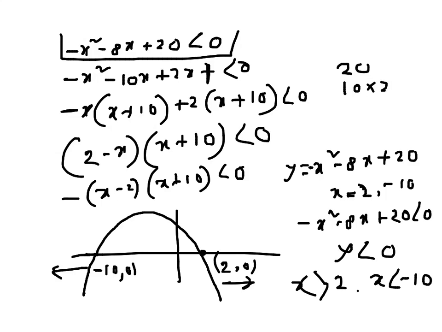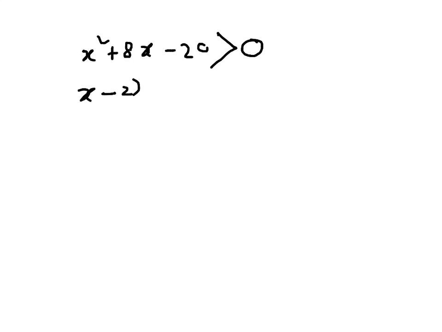So let me do it that way. So the whole thing is becoming x square after the multiplication by negative 1. Since I am multiplying by a negative 1, this inequality sign will change. It will become greater than 0. Before it was less than 0, but after the multiplication of both sides by negative 1, it has become greater than 0. So now again the roots are the same, x minus 2 and x plus 10 greater